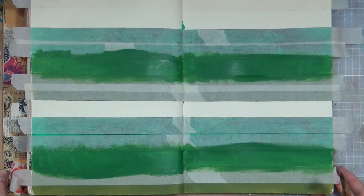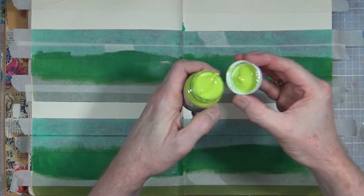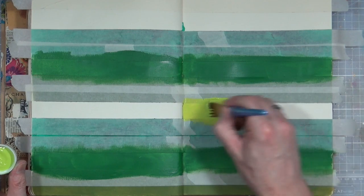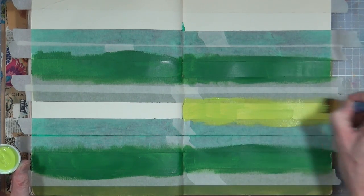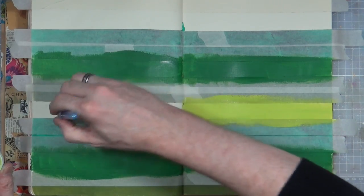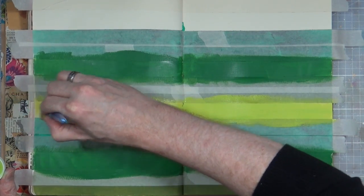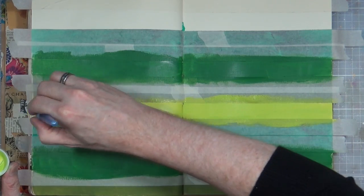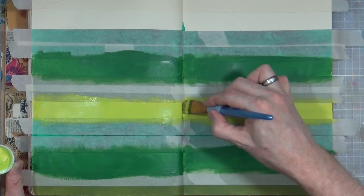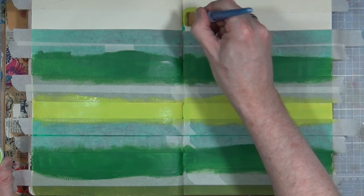Okay, so next up, now that we've just done that light green, is the Indigo Blue Lime Marmalade, a nice bright green. And I'm going to do that on the remaining two stripes. That one across the middle. That's a real wowy colour, isn't it? You probably would be able to get away with using this one on the yellow page as well, actually. But love that colour. It's almost neon. Almost, but not quite neon. Love it. And I'm going to do the top bit here. That's just going to leave that top stripe,